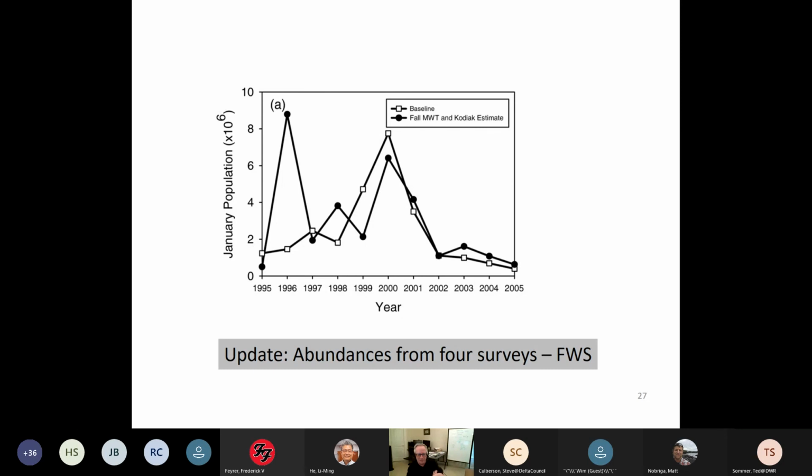Now, Leo and the group, and Matt and Leash, I don't know what they call it, unit, shop, lab, have really done some work on estimating abundances from the 4 surveys, and they've shared that with us and with me. And now I'm going to look at how the model's doing with that. I'm a little scared to do that though, because I'm not sure the surveys are consistent, but we'll find out.